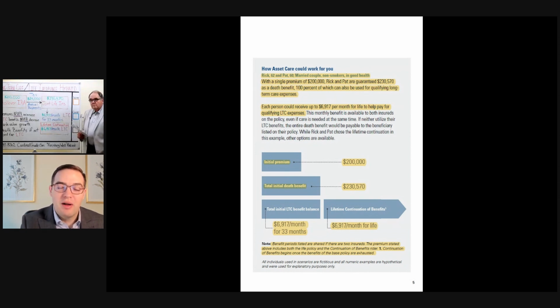So the total amount that's coming out of that policy is 240,000. But again, it's based off an initial deposit of 200,000, and you don't have any extra money you have to come up with. What you get for that is a death benefit of 230,000. So if they don't need long-term care at any point, their beneficiaries are going to get a death benefit of 230,570 to be exact. But if you do need long-term care, either one of them need long-term care, because this